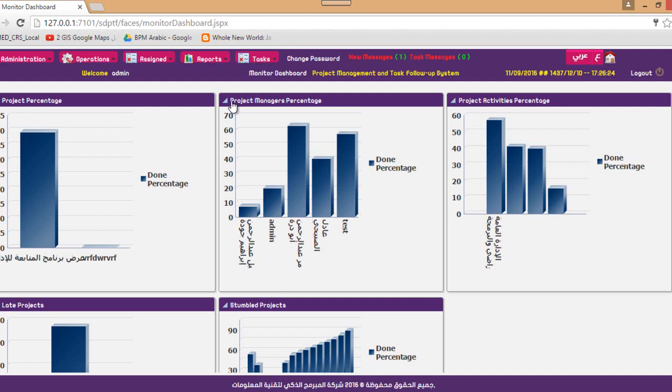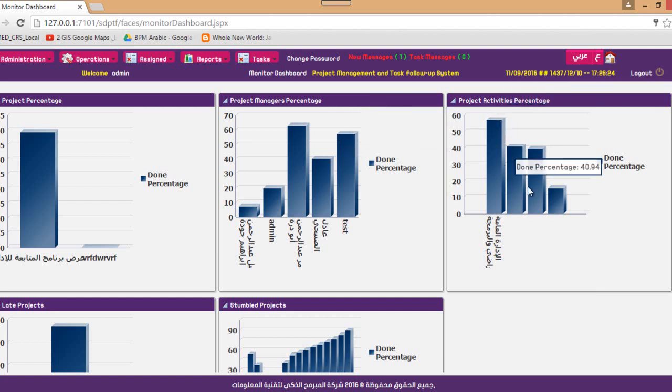Now, we also can measure the project percentage for each project manager. Of course, this will be the average completion percentage for project managers. So I can see that this project manager is the highest with 62% completion percentage. This one has almost 57, and so on.